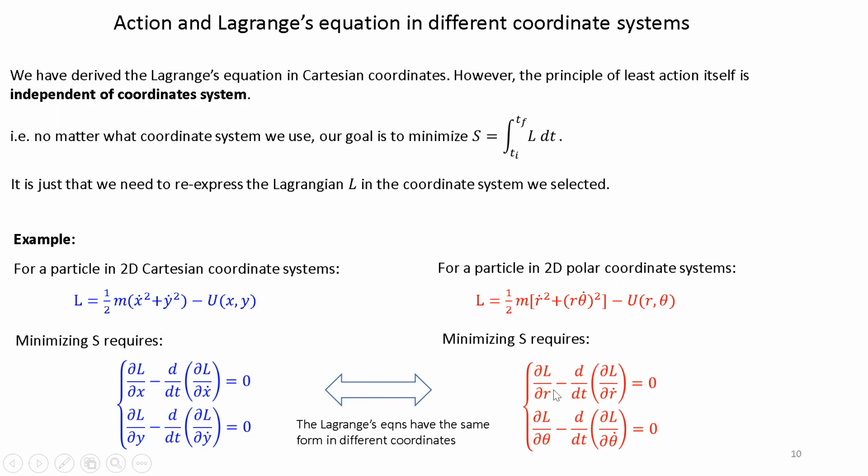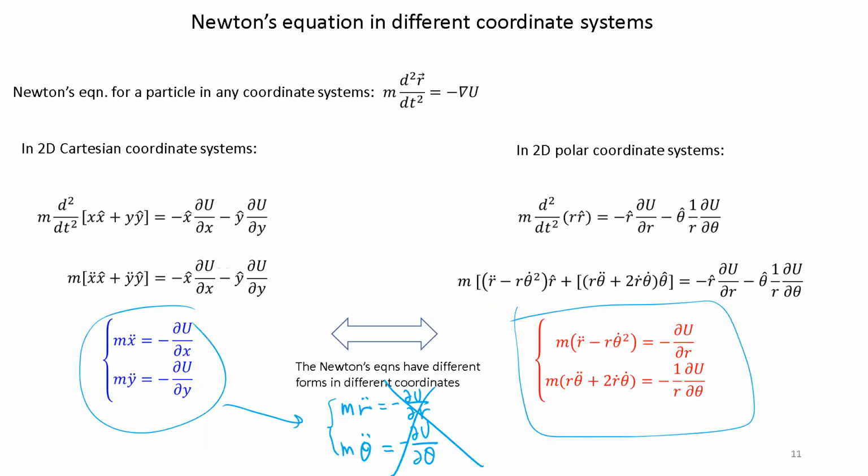As long as these two are two independent variables, right? If you further change to another coordinate system, using a pair of new variables, maybe call them u and v or whatever, and if u and v are also independent variables, then you just replace this r by u and this theta by v. So you can see that in this sense, it would be easier to set up. However,